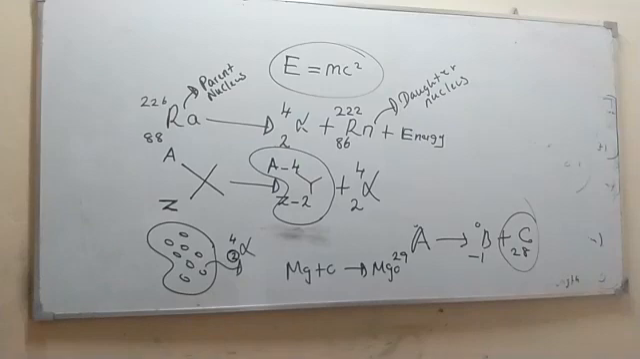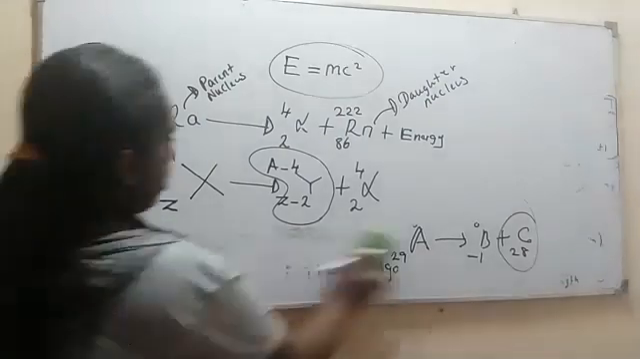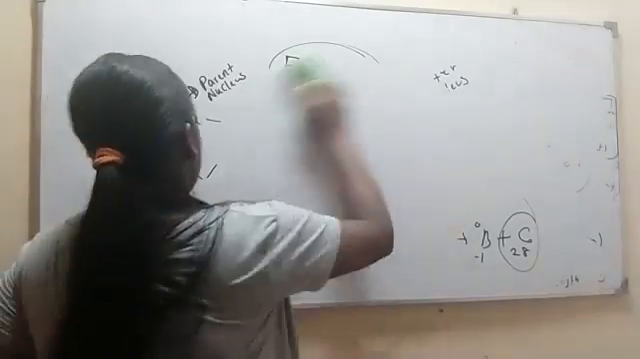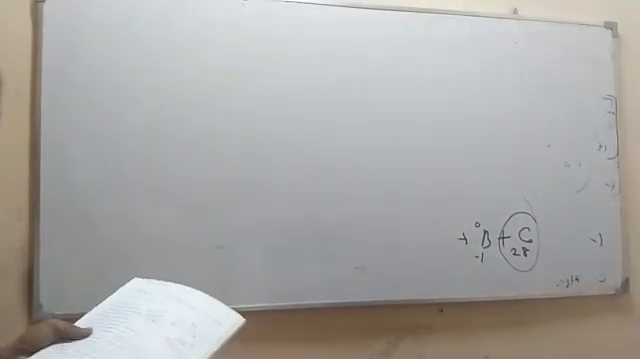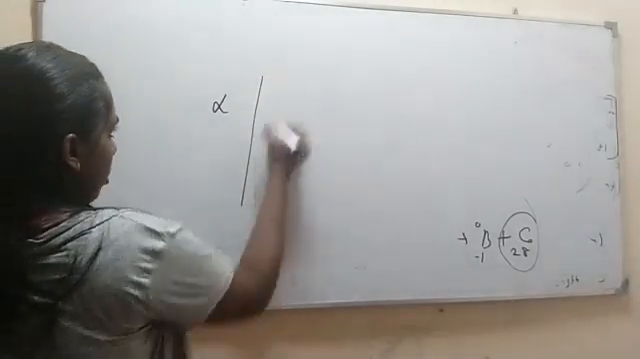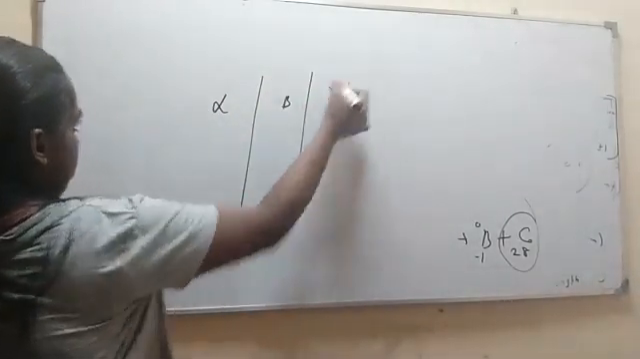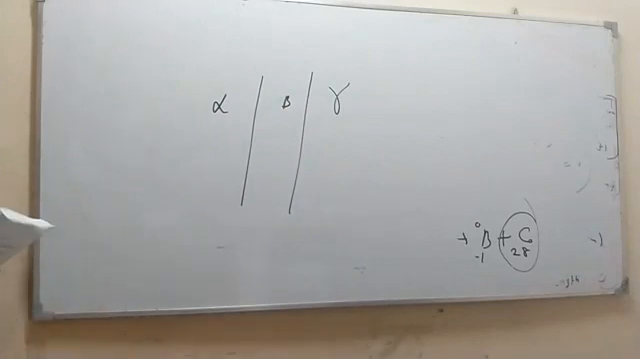Next, there is the difference between alpha, beta and gamma, and the decay law. So alpha, beta, gamma, there is a difference. I think that was in the theory, so I'll just recap. Alpha, beta, gamma: the difference. So the first property we are going to discuss is